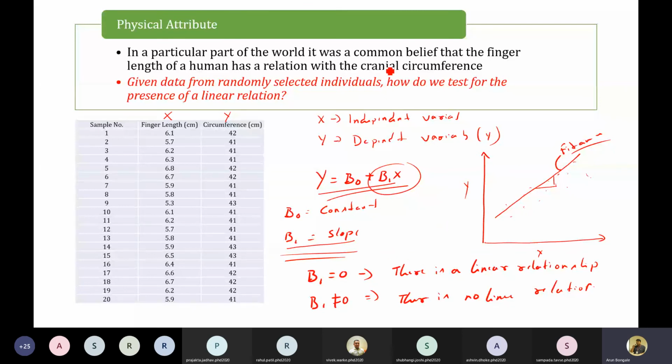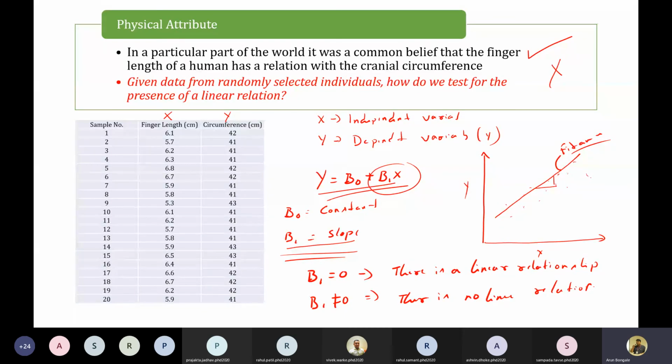So now in context of this particular statement, if I plot a graph of these values and fit a straight line, then find out the slope, and if the slope is 0, then I say that there is a linear relationship and the statement is right. If I find that the slope is not equal to 0, then I'm going to reject this, right? So this is how the hypothesis can be framed for this particular statement or problem.